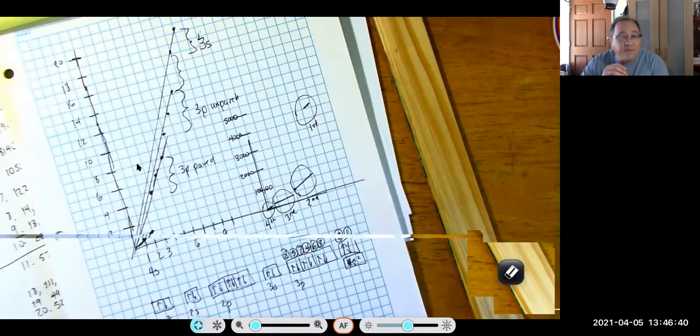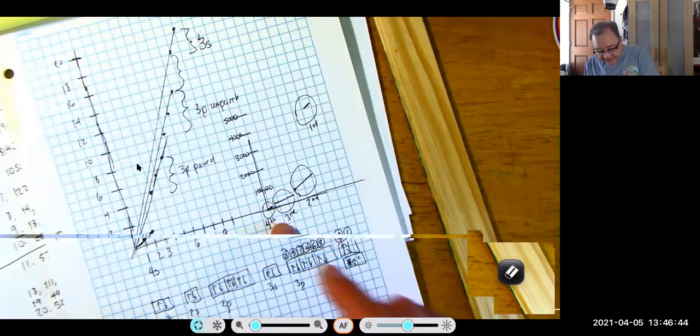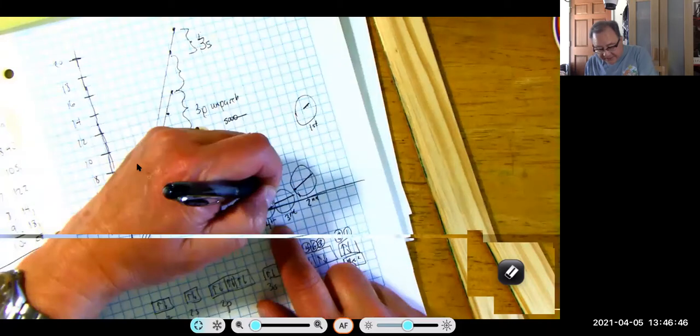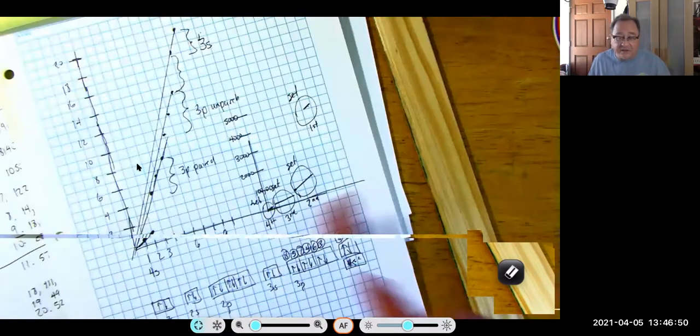So the second part of number 4 says, what does each set of electrons? This is a set, this is a set, this is a set, and this is a set. Each set is a shell of electrons. And